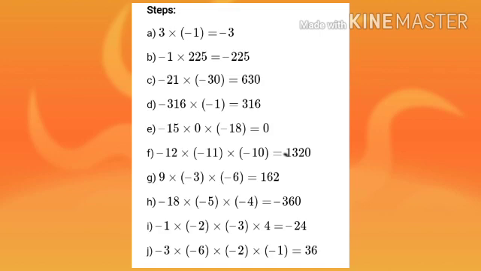If it is 2, it is an even number. Even means positive. The result is positive. Then for H, normally we can multiply 18 into 5 into 4, which is 360. How many negative signs are represented? 3 negative signs. It is only for multiplication. Clear, children? So, 3 negative signs.